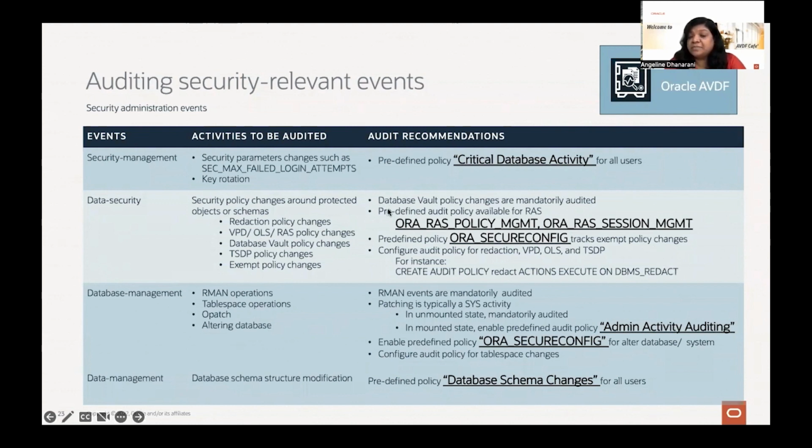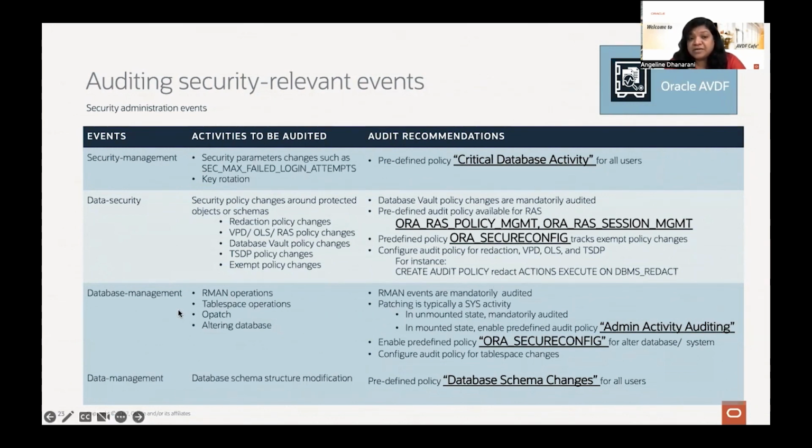Of course, the database vault policy changes are mandatorily audited. RAS, you have predefined policies which are available for single click, and for the exempt you have secure config. So it's only redaction, VPD, OLS, and TSTP. You have to create these audit policies in the target database as custom policies.